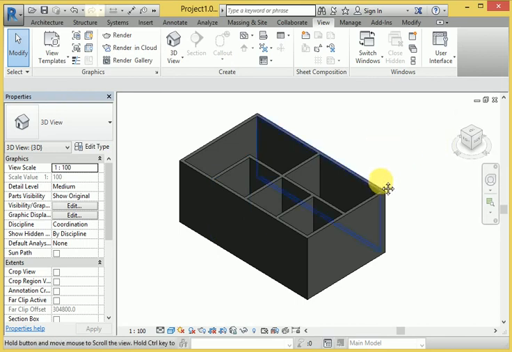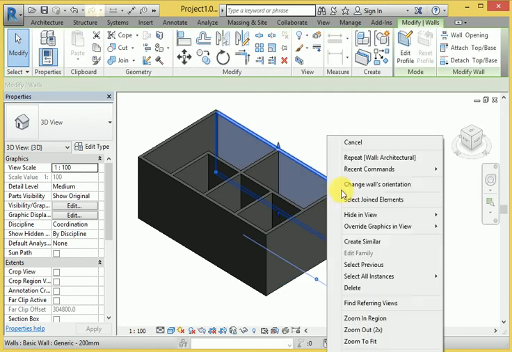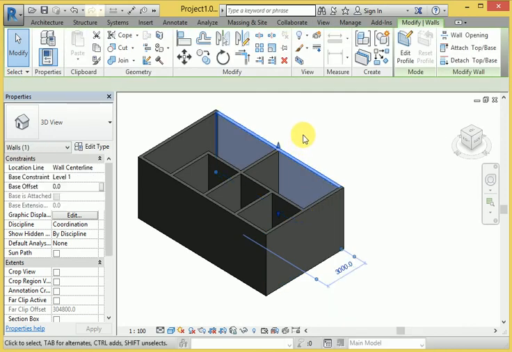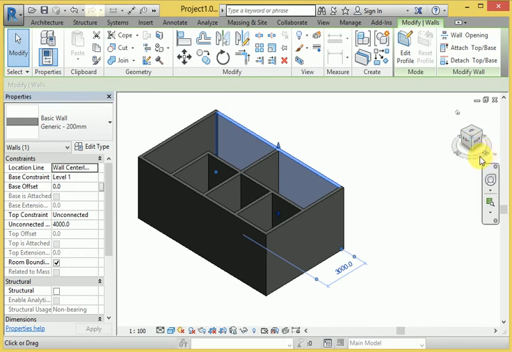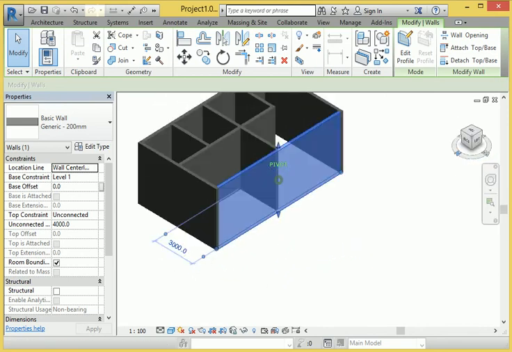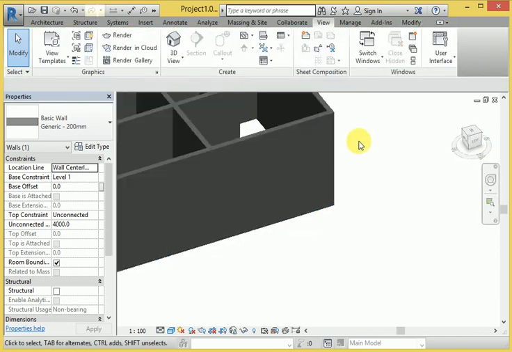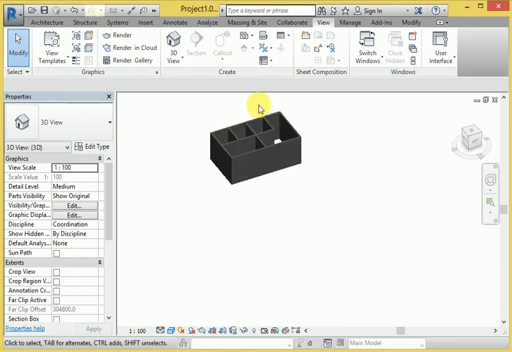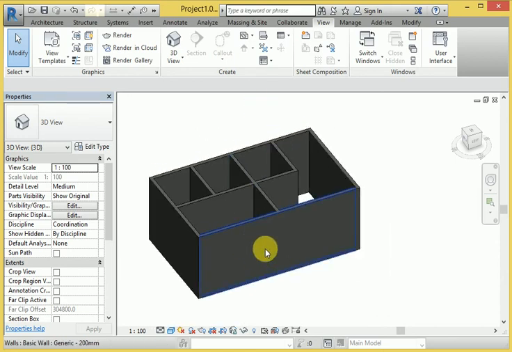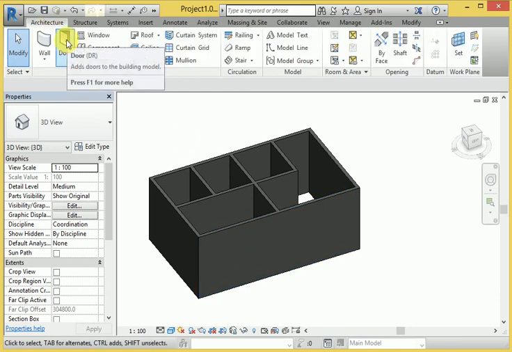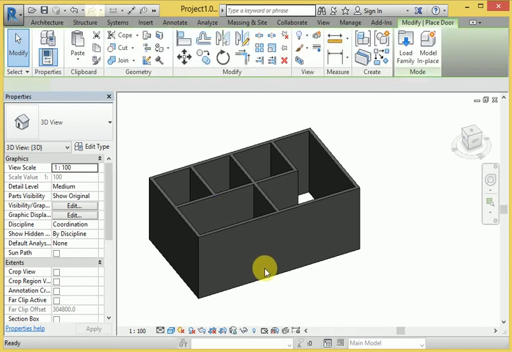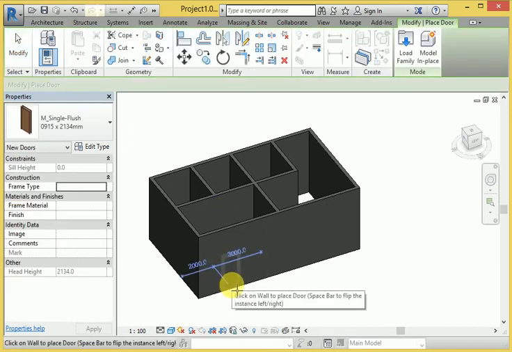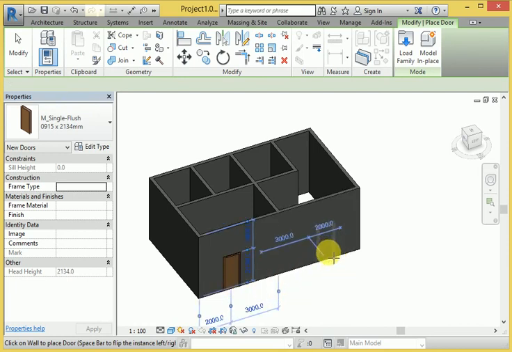If I want to change this particular view here, it is very easy to move in our projection right now. This 3D design has been changed. I want to provide the wall and door here, so this is the door right now. How to get the 3D view in Revit here.